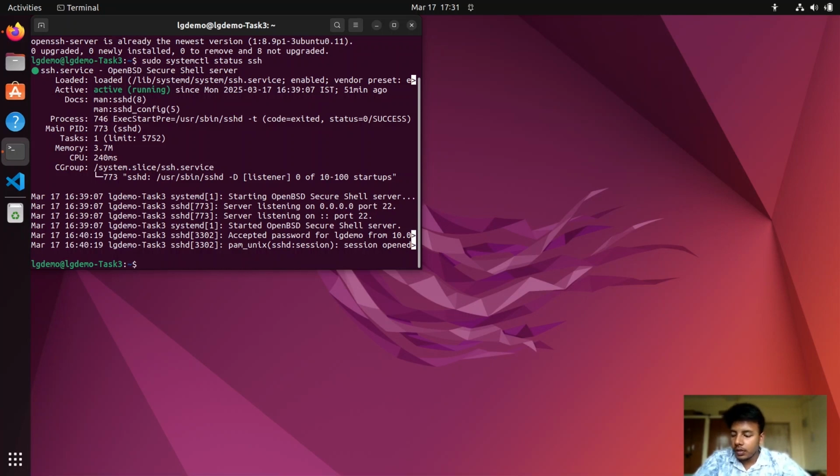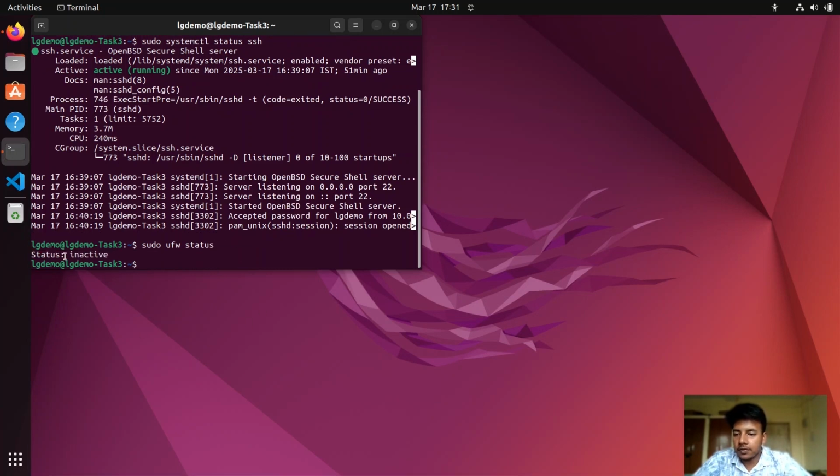Now, fine. The next step is you have to see if your firewall, the Ubuntu firewall, is active. So we have to check the status with sudo ufw status, and it is inactive. If in case it was active, you would have to do sudo ufw disable. Fine. Now, the next thing, we will use a port to connect to this SSH. You can already see here the server is listening on port 22, but to further check this,